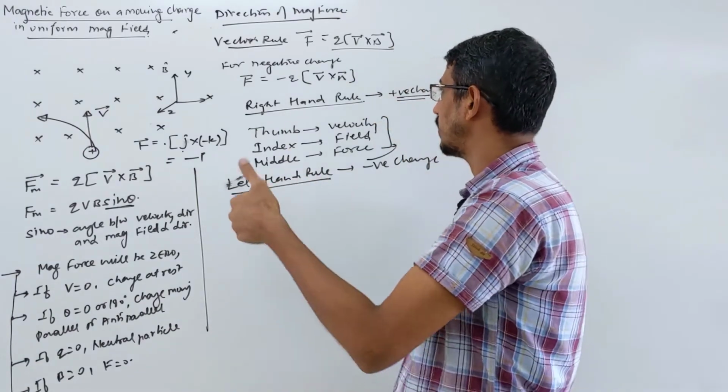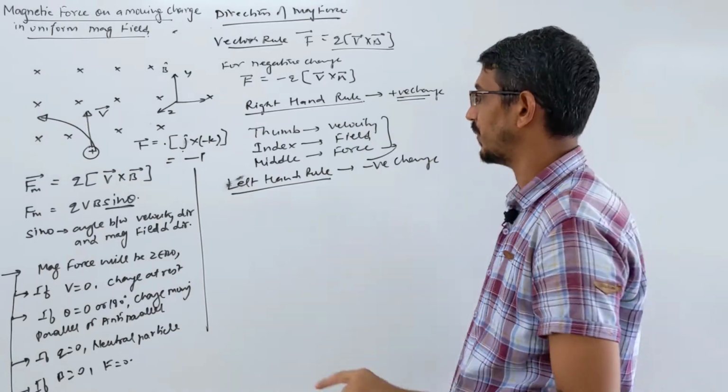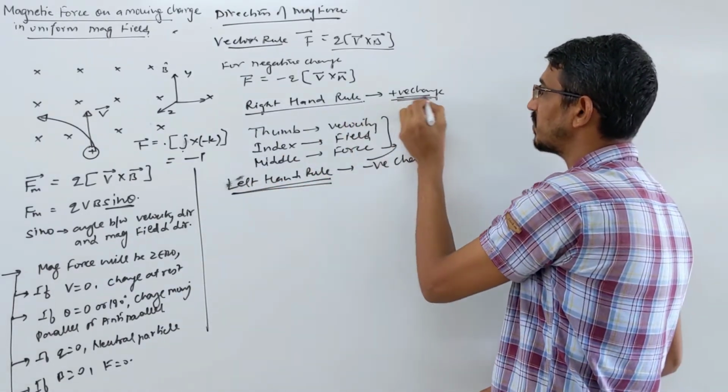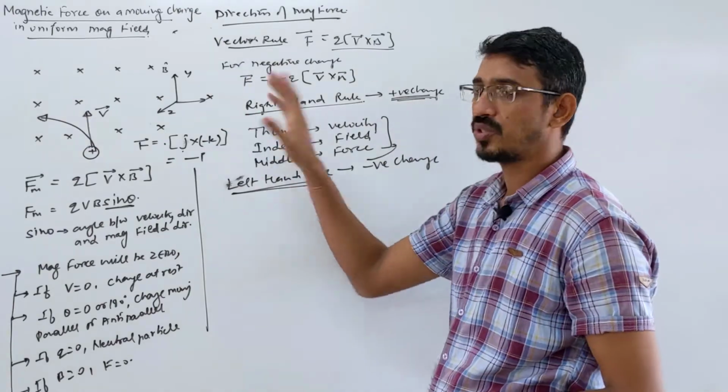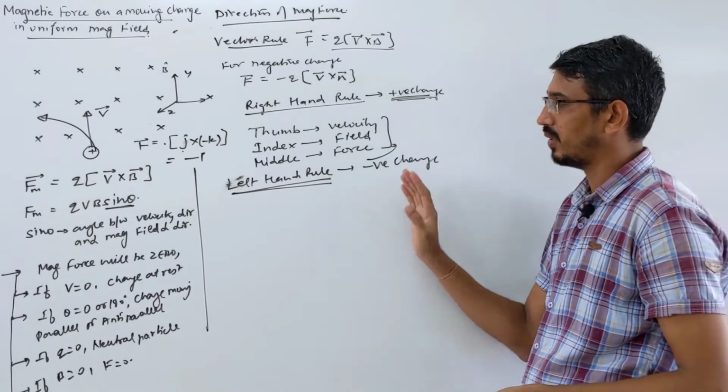Meaning remains same. So negative charge given, you can use this hand also. All meaning remains same. Thumb shows what? Your velocity. This finger shows your field, and this finger shows what? Your force. So remember that right hand rule means for positive charge. Either you get answer opposite of this, or you can write what? Left hand rule if it's a negative charge. Okay. B is important here.